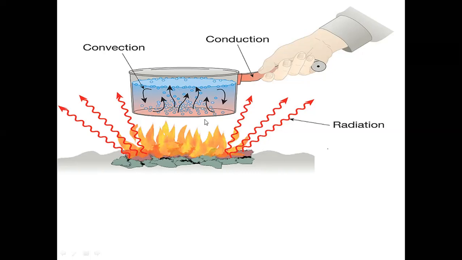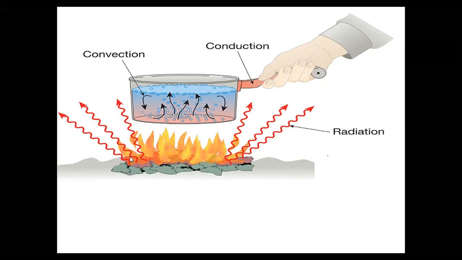And here, though this part is not touching the fire, the heat is being transferred from the fire to this part, and that is called the radiation mode. Okay, means here all three modes of heat transfer are present. By watching the diagram you may get an idea that there will always be more than one mode of heat transfer, two or three.